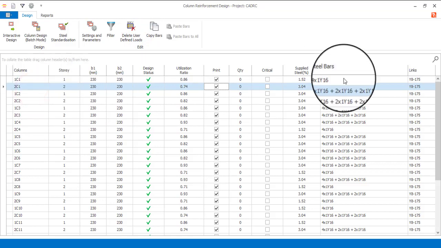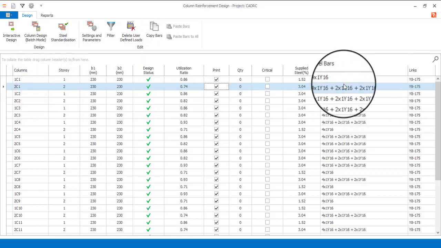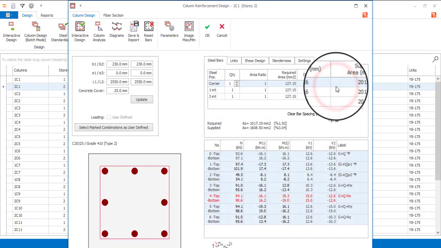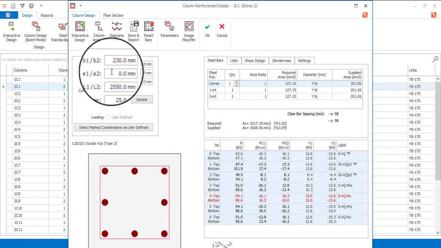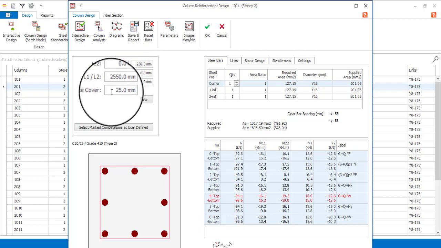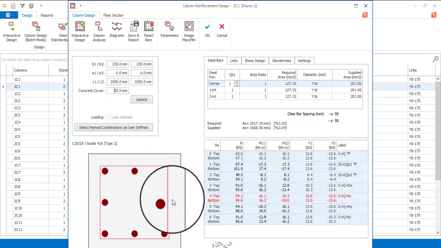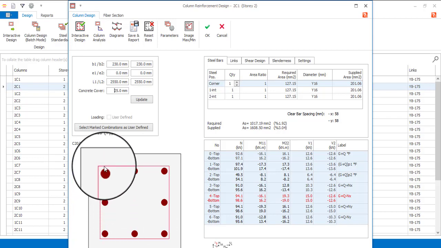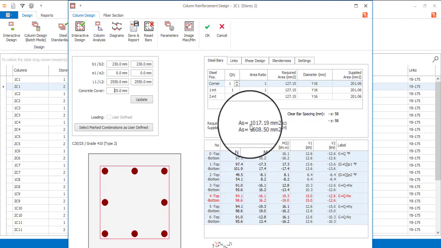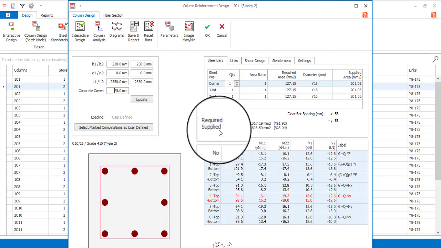Now let's see this column that has been provided with 8y16. 8y16 is a very high number of steel for a 230 by 230 column. Let's open that. Now if you see, the column is still 230 by 230 and the cover is 25 mm. Now you can see the number of bar that has been provided is 8y16. 8 numbers. You can see 3 at the top, 3 at the bottom, and 2 at the center. So that is 8y16. The area of steel required is 1017 mm squared, and what has been provided is